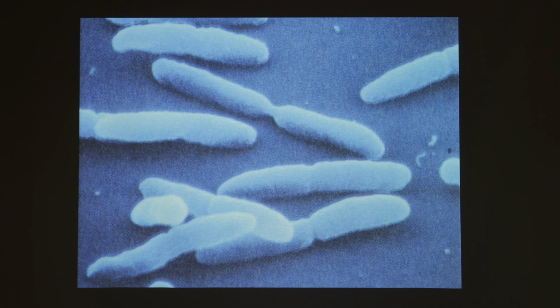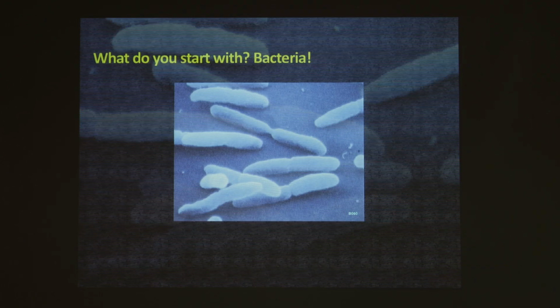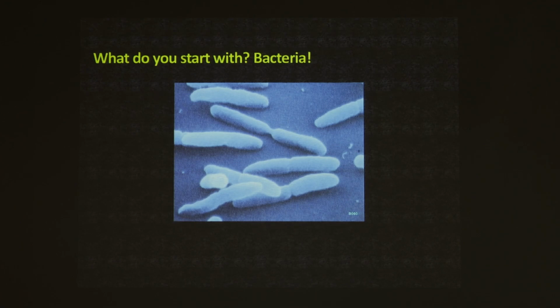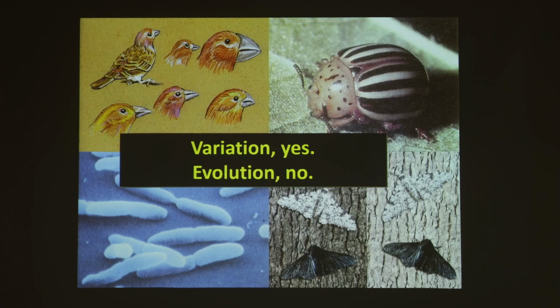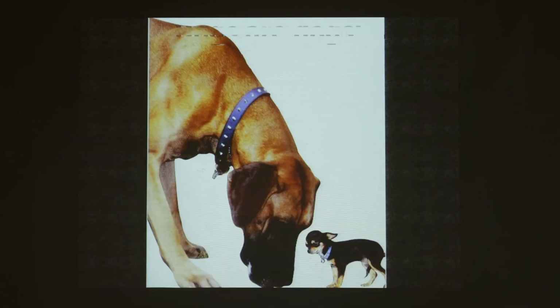Bacteria, we see a lot of change for bacteria, especially in our medical age that we are now. That bacteria can become resistant to certain medicines. It can change, it can adapt. But what did we start with? Bacteria. What did we end with? Bacteria. We don't see the bacteria changing into a new kind of living thing. Instead, what we observe, what science is observation and experimentation, what we observe is variation within a kind. We don't observe one kind changing into another.